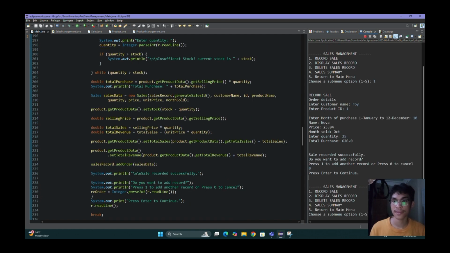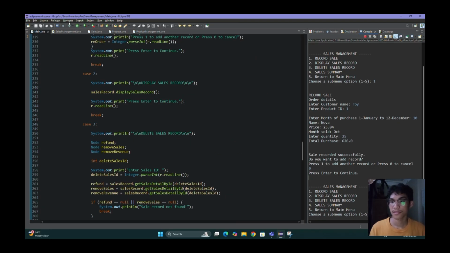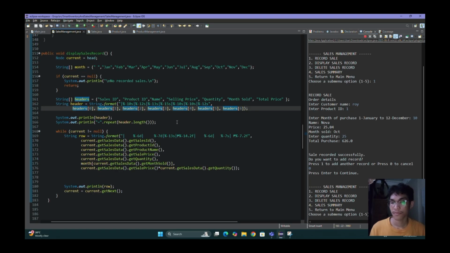Second, display sales record. This option is used to show all the recorded sales in a formatted table. When the user selects this option, the program shows the entire sales record list.